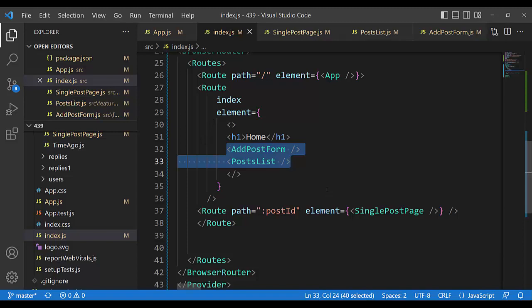And I want to see immediately when we open the home page, it would be like Facebook, immediately the main stream. I want to see the add form and post list. And here I write add post list, and in that moment